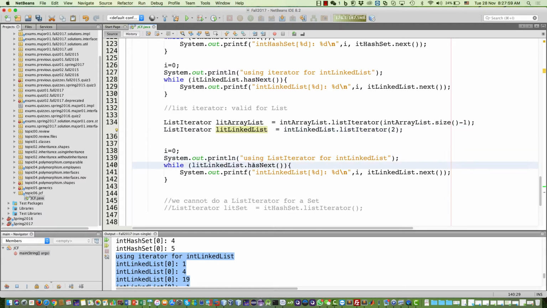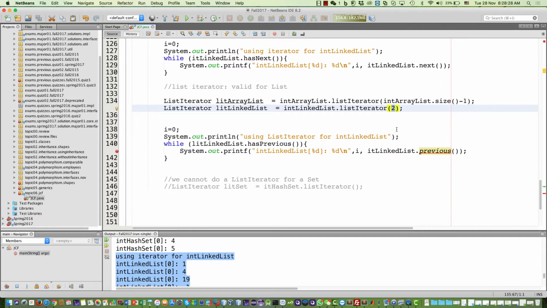Here, for example, I would like to go to the previous value, so I can use hasPrevious, okay, and then dot previous. I can do the dot next, and hasNext is possible, but now I'm going to show you that also we can go backward. Okay, so here we start from index 2, and I would like to return all the elements starting from 2 until the start. Okay, so if I execute this one,